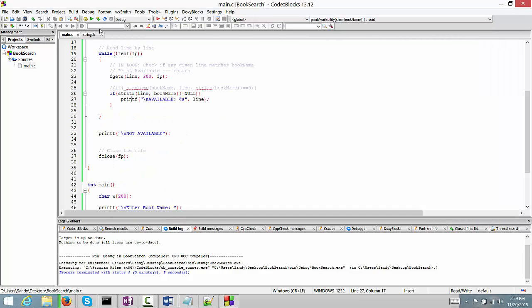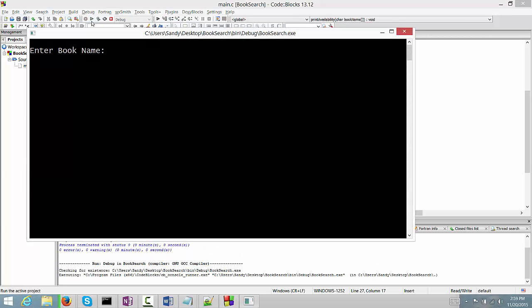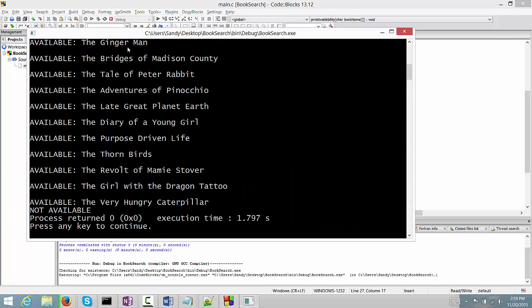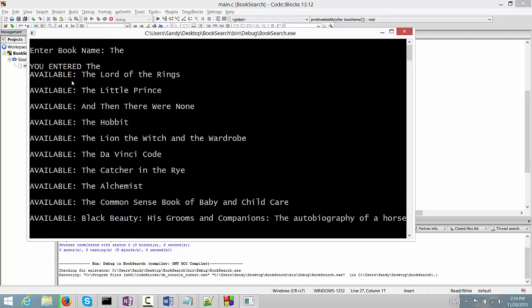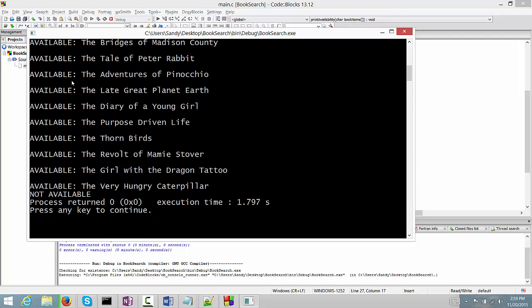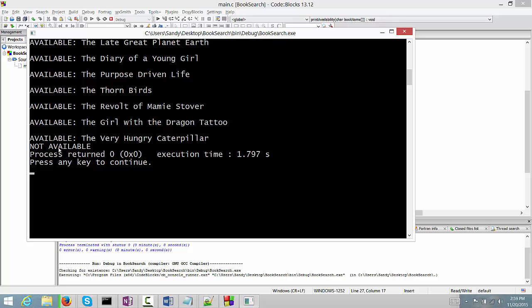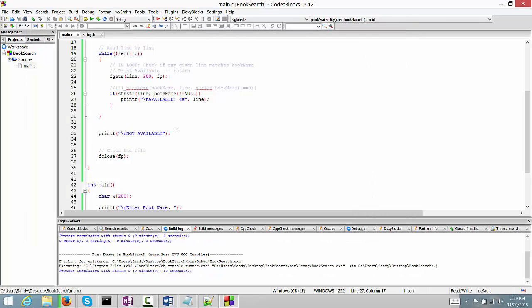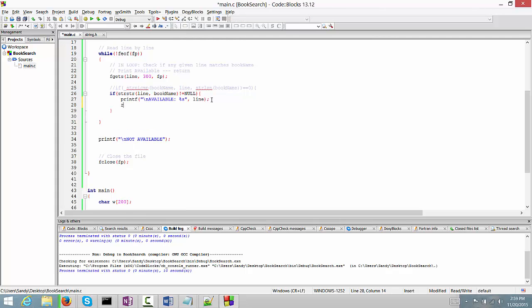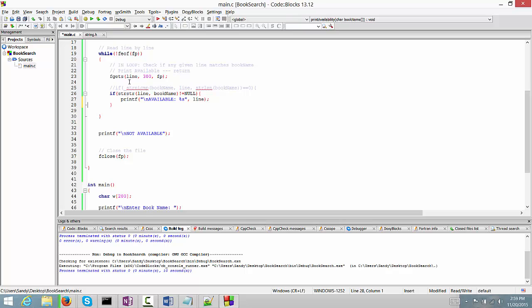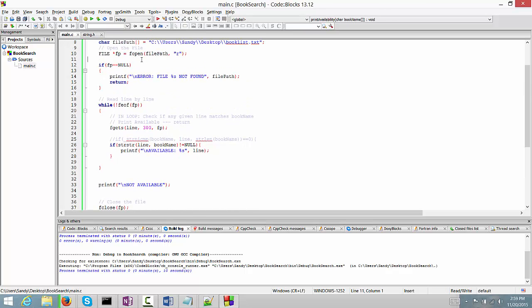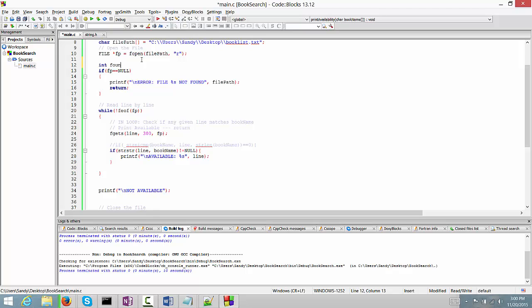So let me do one thing. First run the code and we enter the, and we see all of them are available. They are shown available. Now the problem in this code right now is it comes out of the loop and it says not available also. So it is printing all of them are available, but after coming out it is saying not available. Now we can't even put a return here, because if we return, it will print the first available book and it will return. So what should be the right way to fix this is, let's say int found equals to